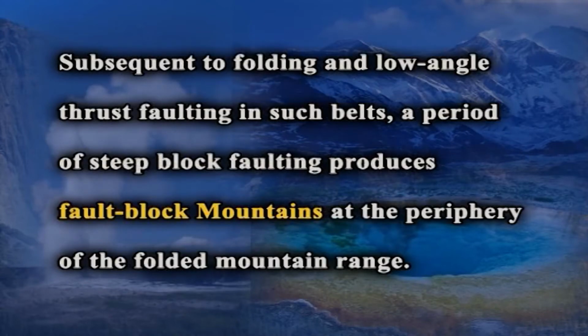Subsequent to folding and low angle thrust faulting in such belts, a period of steep block faulting produces fault block mountains at the periphery of the folded mountain range. Fault block mountains are large, uplifted sections of the earth's crust that are bounded by faults in the form of alternating horsts and grabens. Example: the Great Basin and Range province of Oregon, the Sierra Nevada of California in the United States of America,